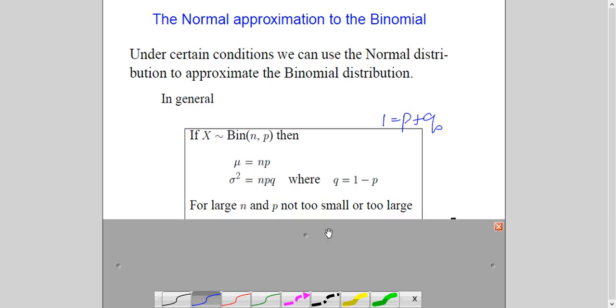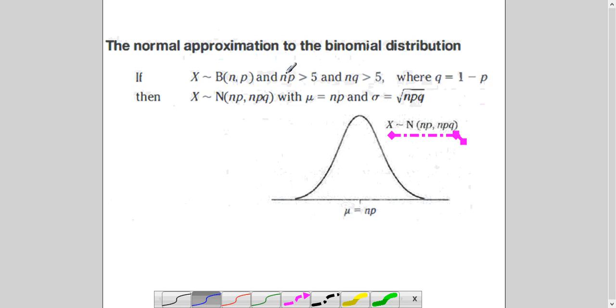And there are certain conditions which should be met when you are choosing normal approximation for the binomial distribution. Now, what are those conditions? Here they are. Your np should be greater than 5 and your nq should be greater than 5. So when you have the binomial distribution, you calculate this. If your answer is greater than 5 for both, you can apply normal approximation for the binomial distribution. And then your normal distribution will become N(np, npq), right? So this will become your normal distribution. And then after that, you will just apply the technique the way we have done before.